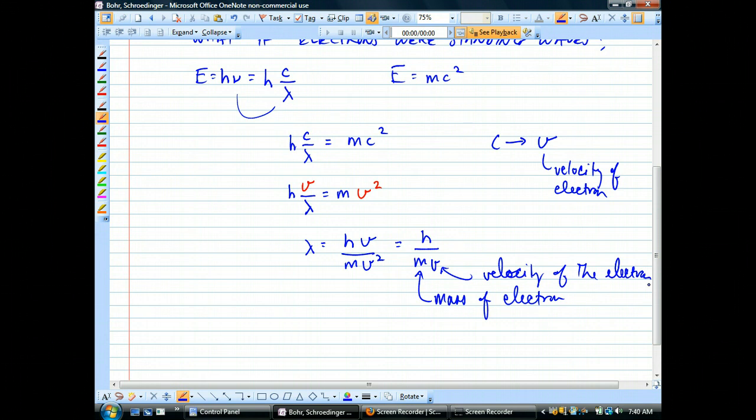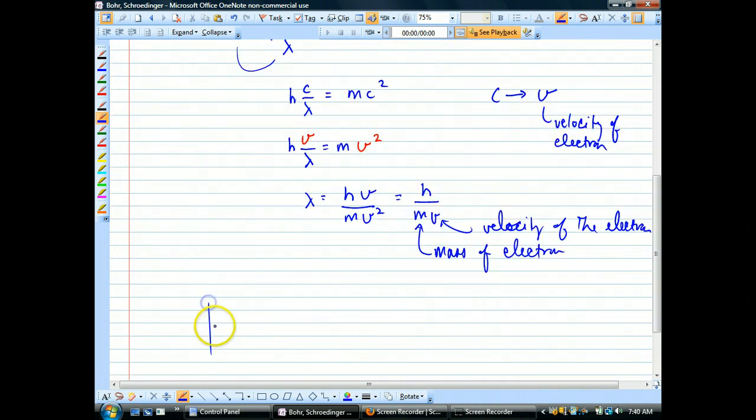Now, how does this answer the problem? If electrons are not just waves around atoms, but standing waves, they're resonating. So think back to when we talked about standing waves. That's when you get this constructive interference, and the wave is kind of matching up. We looked at it like this. For a standing wave, we looked at something maybe like this,